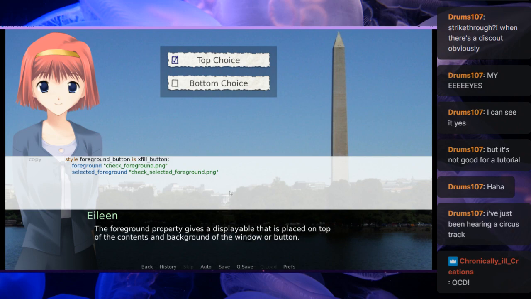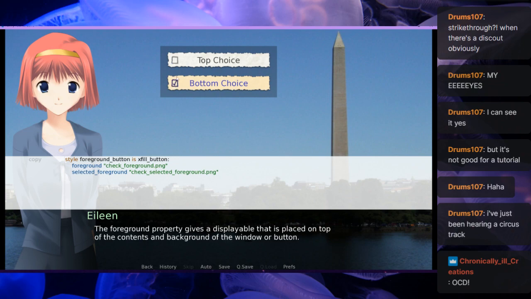The foreground property gives a displayable that is placed on top of the contents and background of the window or button. That's cool.